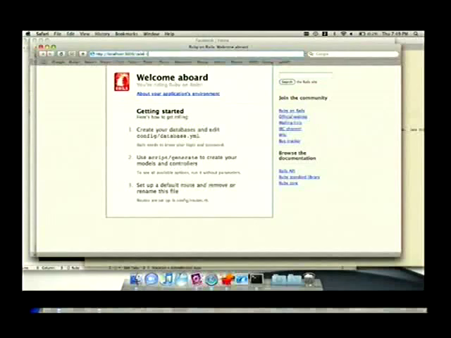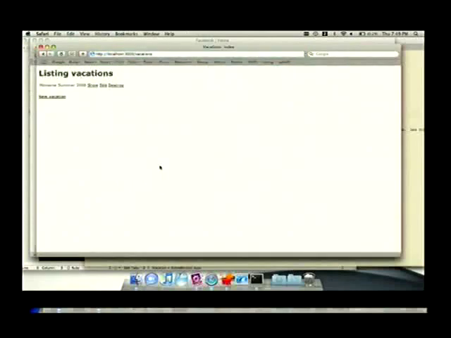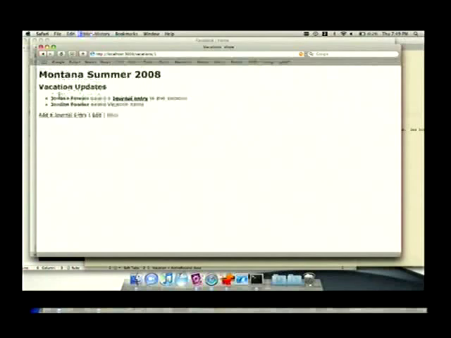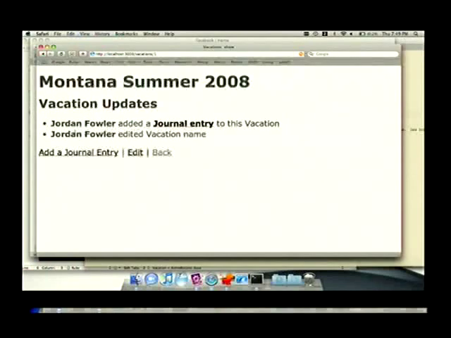Okay, so I froze my SQLite DB for the sake of this presentation. I have a vacation and a journal entry resource, and basically here's the entire goal of this project: you have vacations which has many journal entries. That's simple in this case, but if I were to add a journal entry,